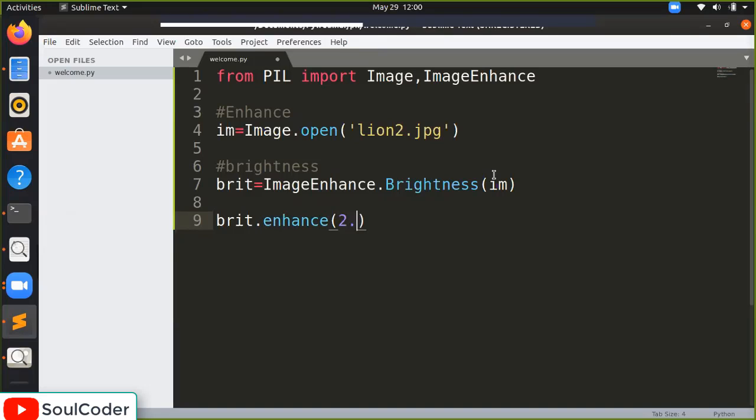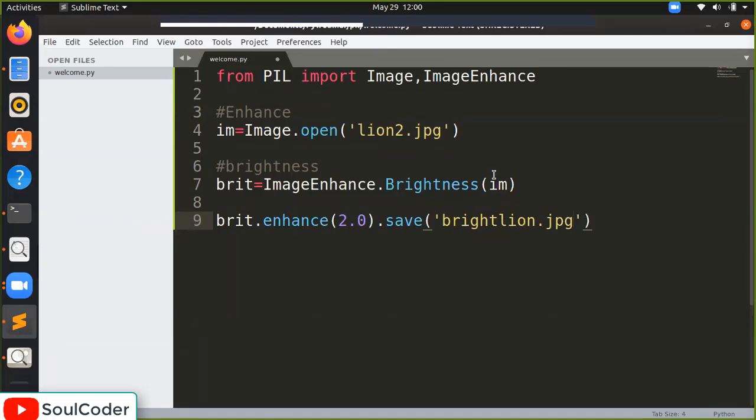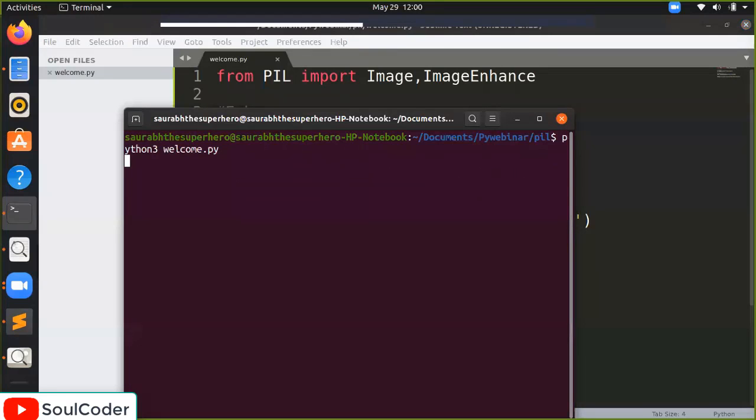We'll pass the 2.0. 2.0 is nothing but an example. If you have any doubt, we can increase it, and I will show you how it is. For saving the image, I will pass bright lion dot jpeg. Let's run it. I hope there is no error.